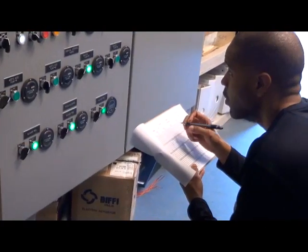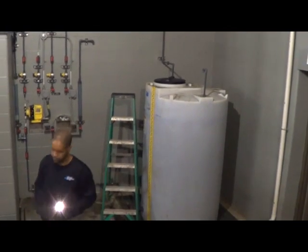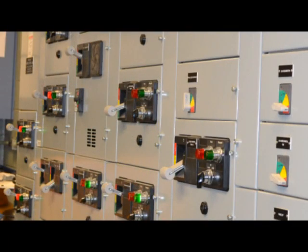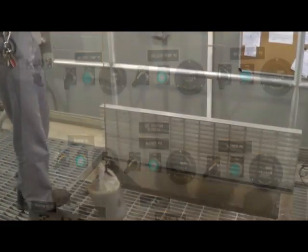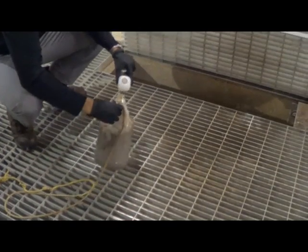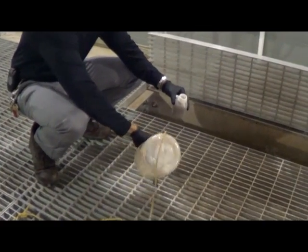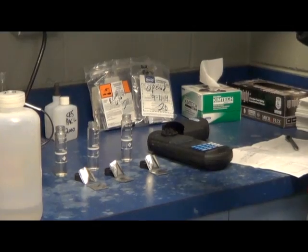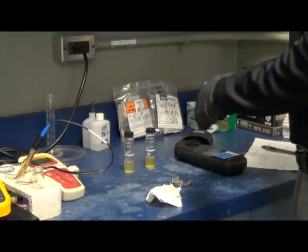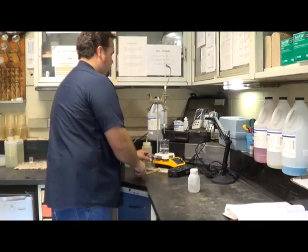Probably the most significant task that an operator does when he first starts his day is to check the critical equipment that the plant is using, such as aeration blowers, looking at this PLC, and just verifying which equipment is being called for and which equipment is operational. After that, it will be collecting samples and actually testing the samples. So it would be collecting a raw or influent sample, collecting a reactor sample to test for nitrates and ammonias, pH, alkalinity, dissolved oxygen, making sure we're getting the proper treatment that's needed to produce a very quality effluent for our client. Operators are responsible for taking samples, testing the samples to make sure our results are within parameters for